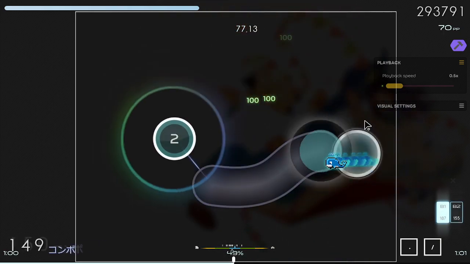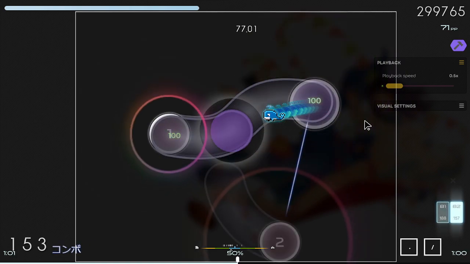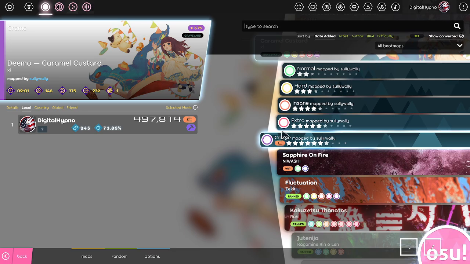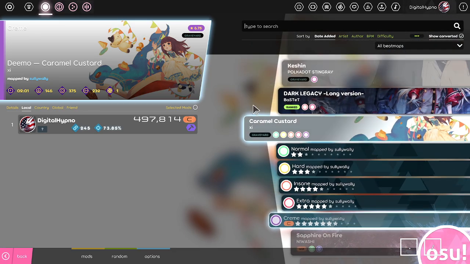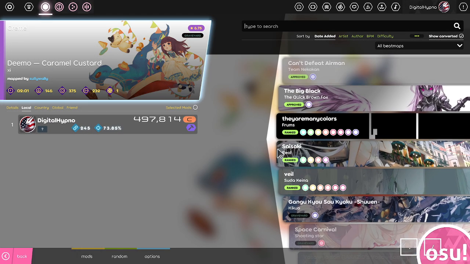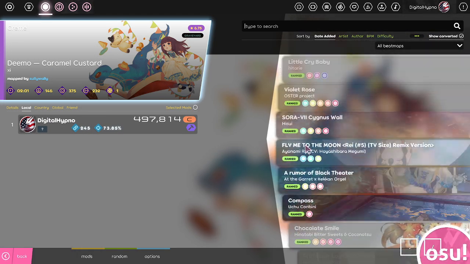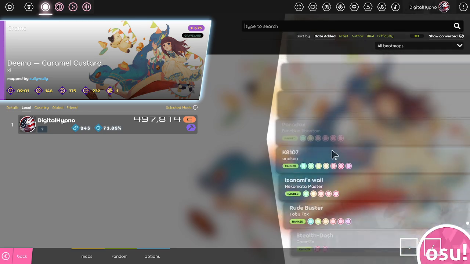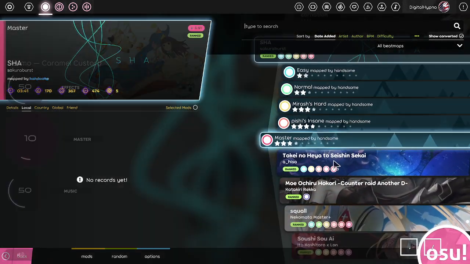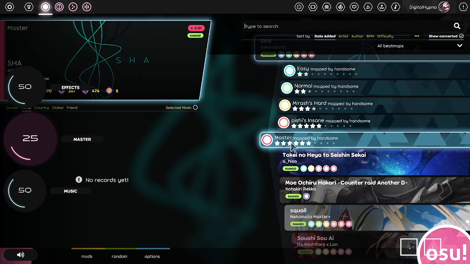But yes, let's talk a little bit more about what exactly to look for when watching replays. There's a couple of things. I think the replay that I showed is a really good example of one concept that I refer to as aim tapping synchronization. Wait, what map should I play? Hold on, let me find a map to play. Oh, okay, let's play Shaw. This is a banger. This map is so good.